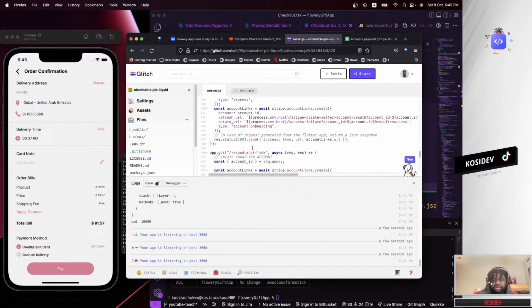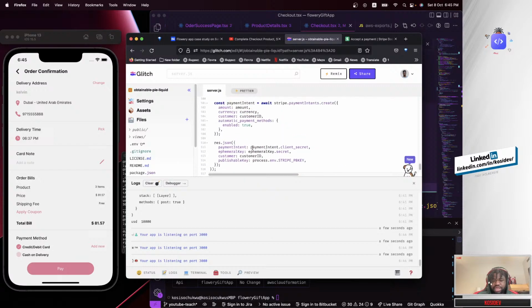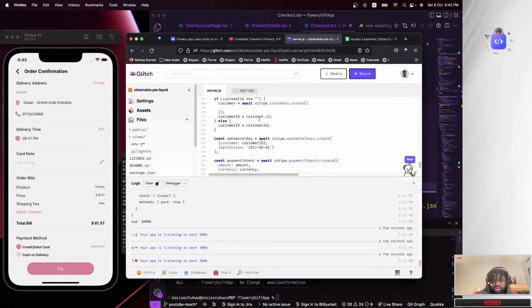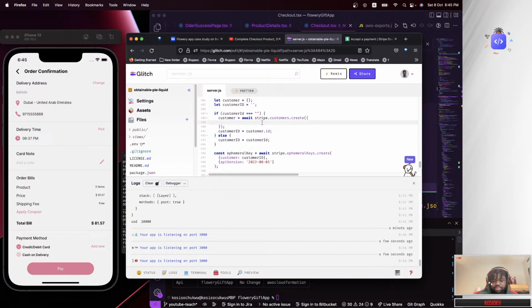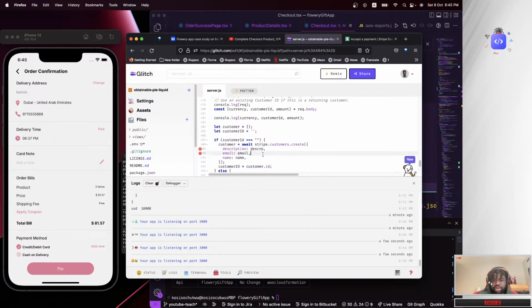Let's say you don't have a previous customer that's been registered on your Stripe. So we get hold of that, and in here I'm going to pass it in. Right now we are not passing the customer details to create a customer with these params, but you can hard code them for now. So let's hard code most of these.